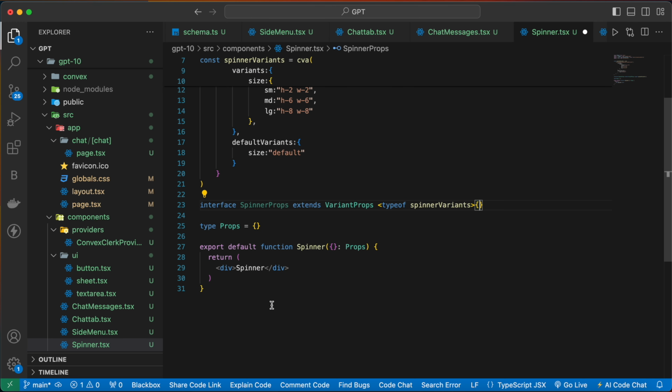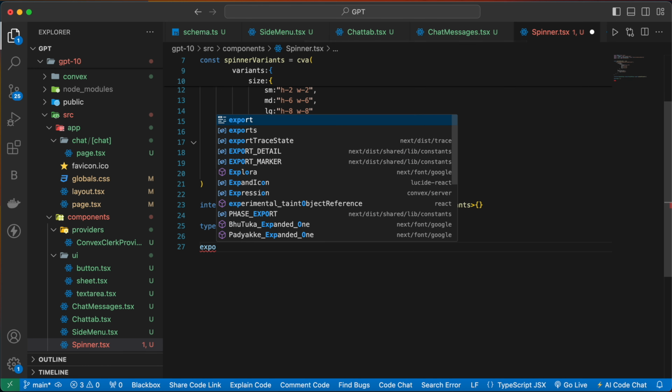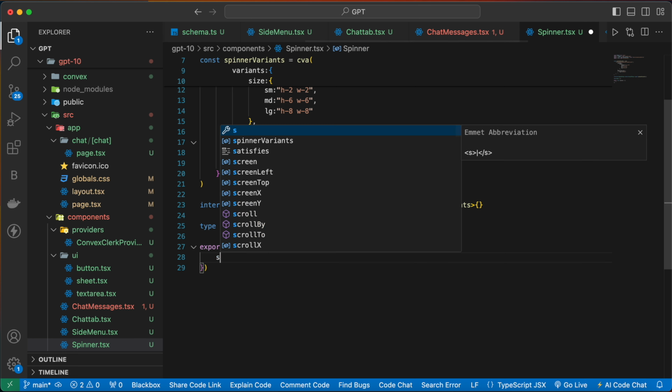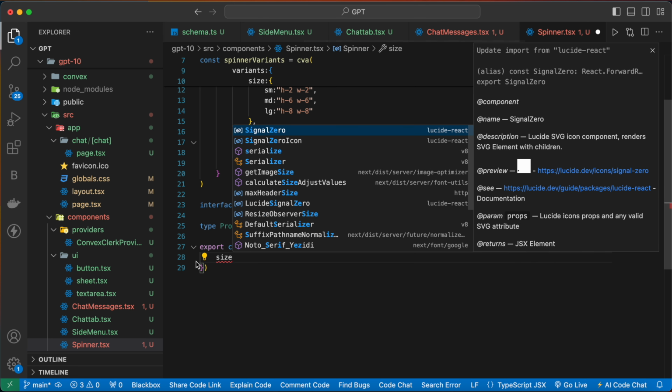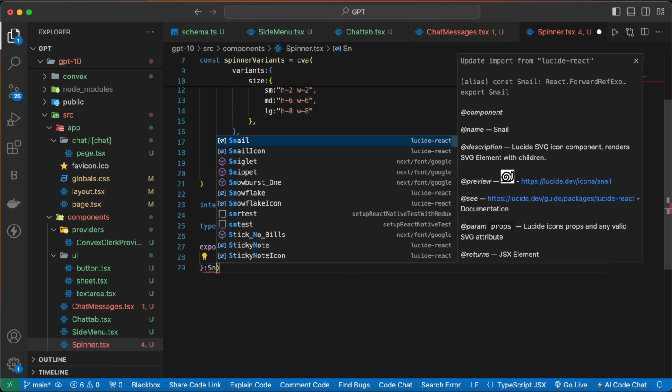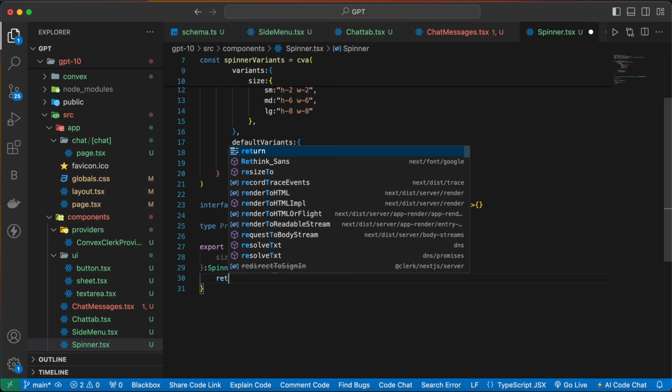Now we are going to export our spinner, so let's remove this and we are going to use the arrow function. So export const Spinner, size, and this will be a type of SpinnerProps. Now return